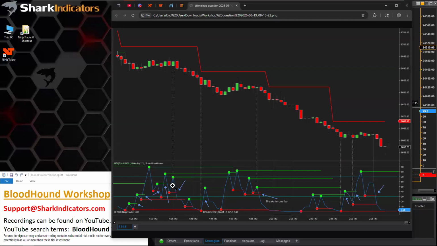So when the RSI reverses direction and crosses a prior swing point of the RSI within the first bar, it has to be the first bar, after price reverses direction.